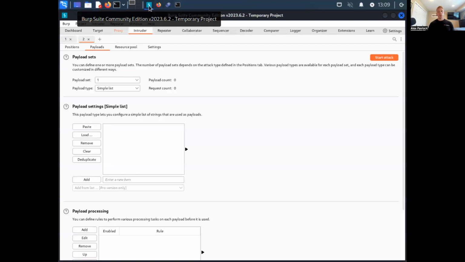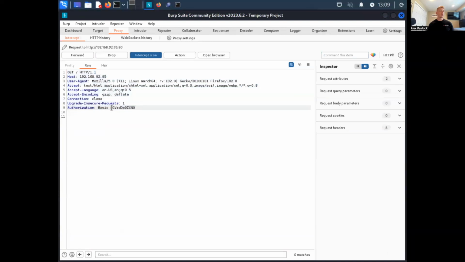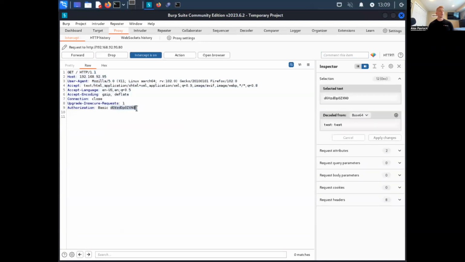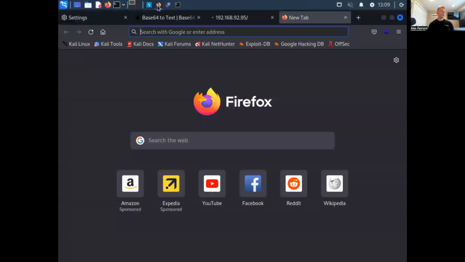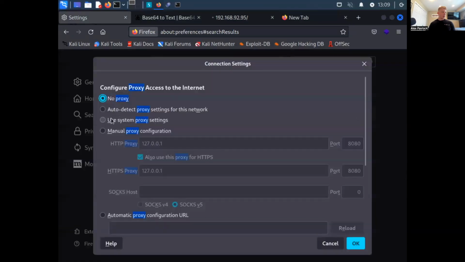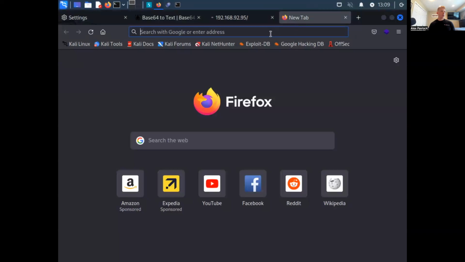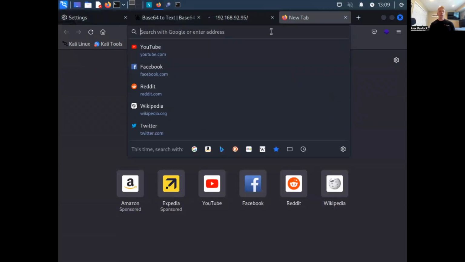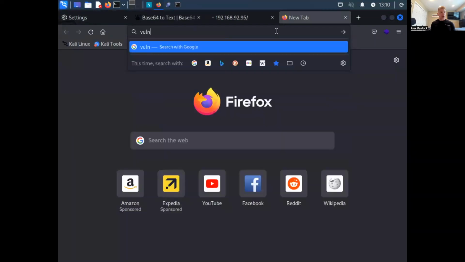I showed you how an attacker would try to brute force a login name and password, just basically picking out this here and then injecting what you want into here for the username and password. So let's go ahead and turn that off. No proxy, we are already off. What an attacker is going to do from here is look for vulnerabilities that might already exist out in the world for Apache 2.4.18. So let's come to Google and we're just going to do